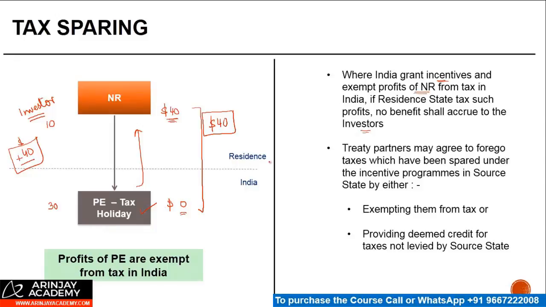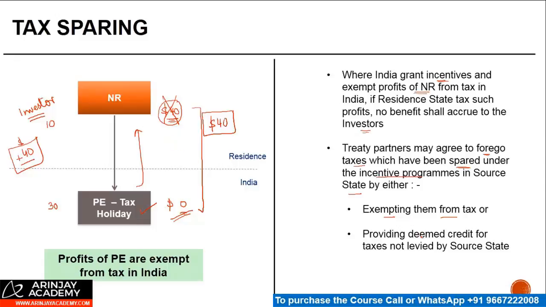In such a case, some of the treaty countries may agree that if India grants an incentive to the non-resident and does not tax the profit of the non-resident in India, then the treaty partners may agree to forgo the taxes which have been spared under the incentive program in the source state. So instead of taxing these profits, they were also going to spare them from taxes. And how? Either by exempting them from tax. So you say, okay, we are going to exempt them from tax, they will not be included as a part of total income,